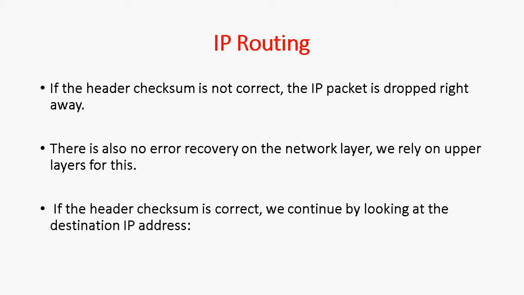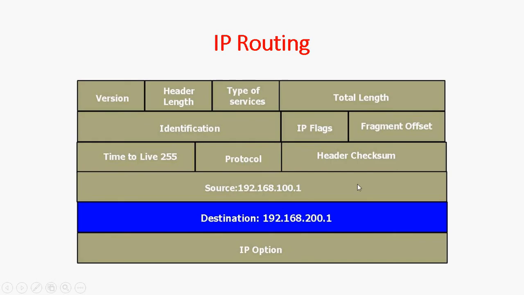If the header checksum is not correct, the packet is dropped right away. So in the network layer also there is no error recovery feature. If the header checksum is correct, we continue by looking at the destination IP address. From the IP packet header, we have to check the destination IP address